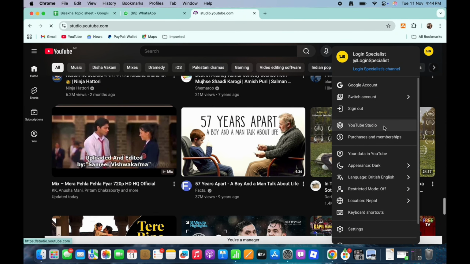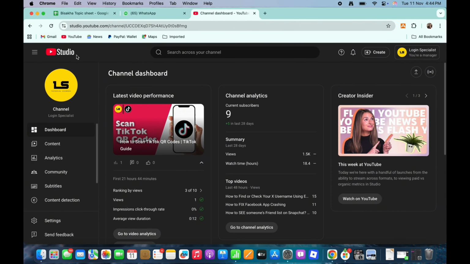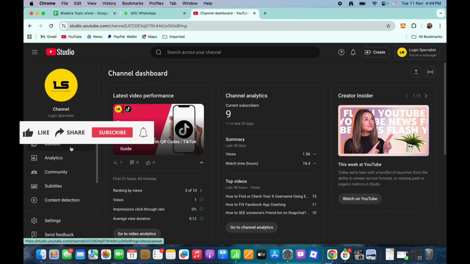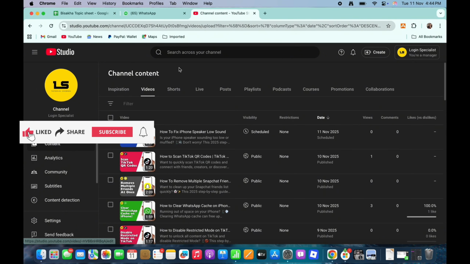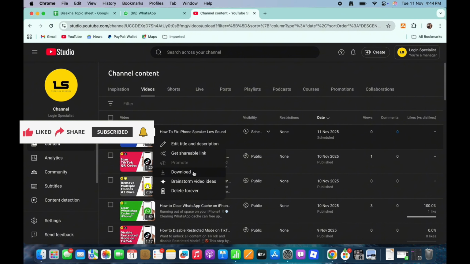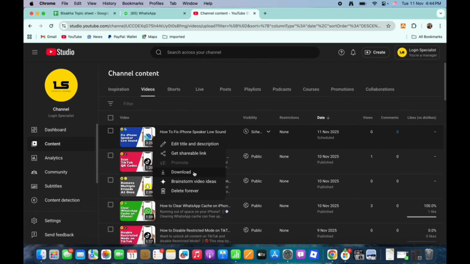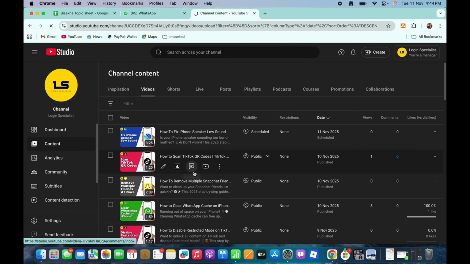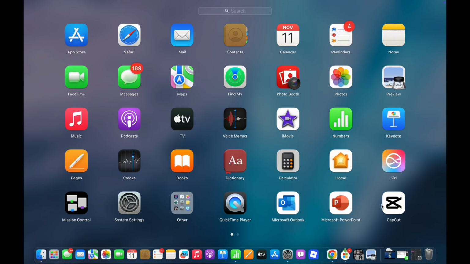Now, from the left side toolbar, tap on the content option you see there and you will be able to view all your content. So go ahead and select the video that you want to download and then tap on the three dots you see there and you will then see the option for download. So tap on the download option you see there, and once downloaded, go ahead and open CapCut on your device